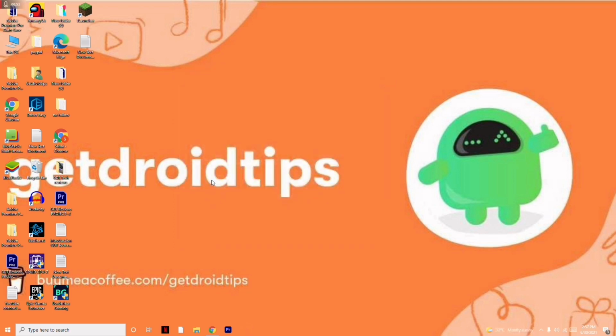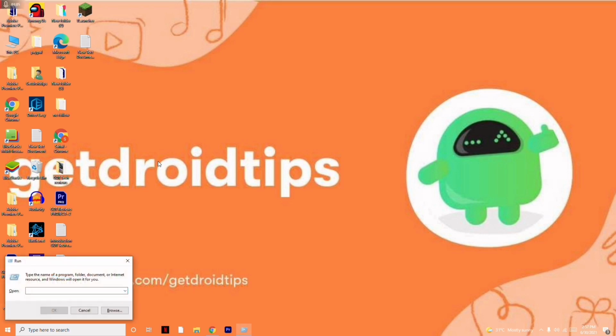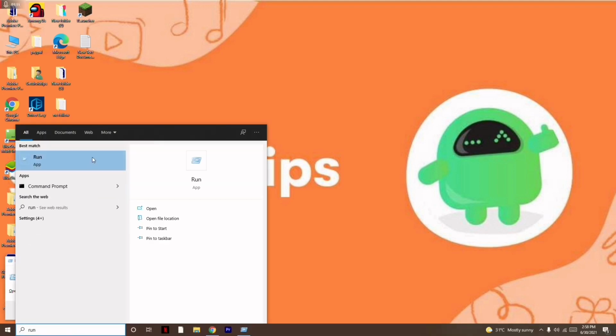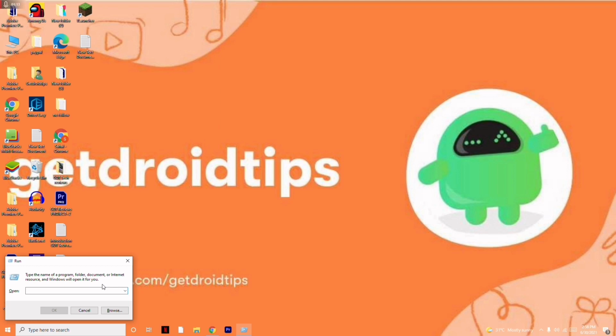You have to do a restart and see whether the issue is solved or not, and if it's not working then we have solution 2. Solution 2 is all about modifying the registry editor. So in order to do that you just have to press the Windows and R keys together to get the Run command shortcut, or else you can search here for Run. Both are fine. Now from here you have to give the command regedit